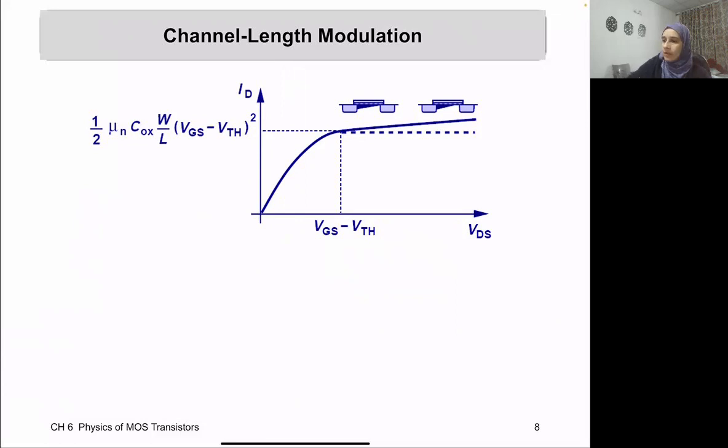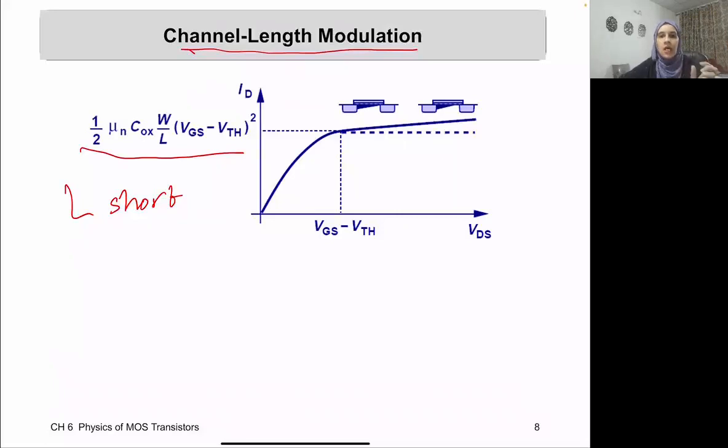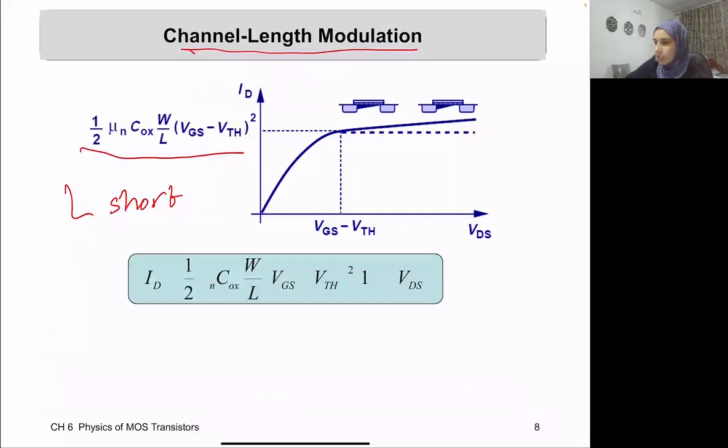Now, sometimes we have assumed that our current in the saturation region is given by this relation. However, especially for short channels, when L is short, we have an effect that's called channel length modulation. So basically the length of the channel becomes shorter, and this reduces the impedance of the channel, and therefore the current increases. So the current is not given by this relation, it's going to be given by